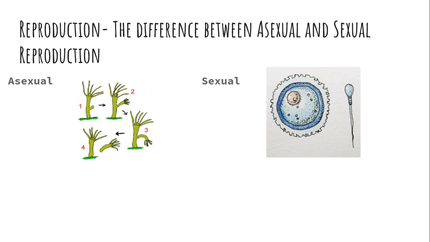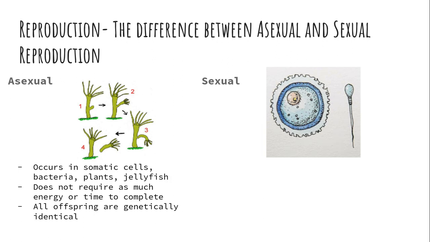Adaptations. So, reproduction is two different types, asexual and sexual. Now, what you have to understand is that asexual reproduction is usually like making clones. It's actually where the idea of cloning came from. So it occurs in body cells, or what we call somatic cells, in things like bacteria and plants and jellyfish. It requires less energy, and all of the offspring, like I said, are identical. This is an example of budding, where it grew an identical copy and it fell off, and it was exactly